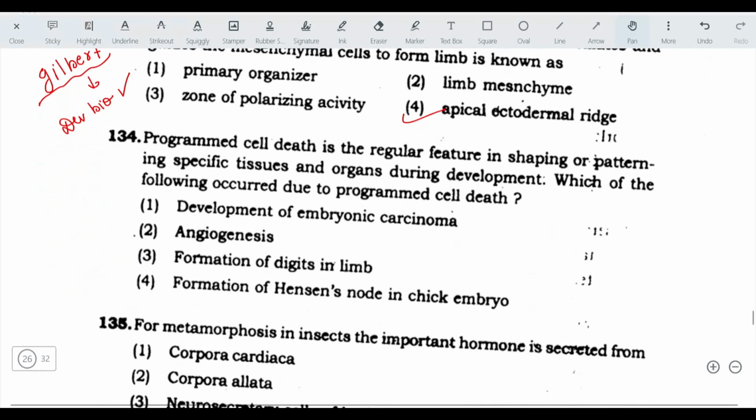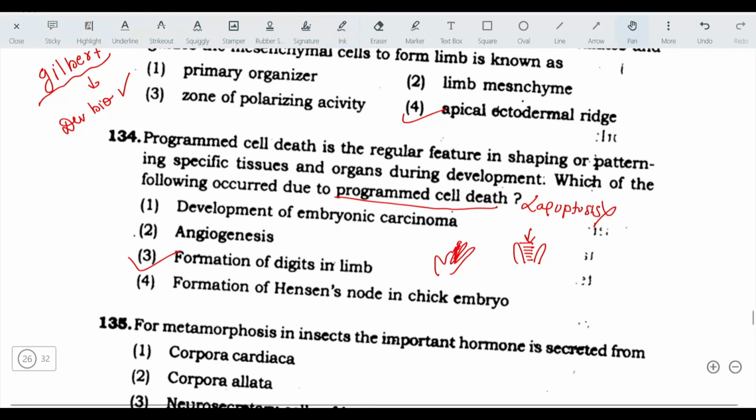Next, programmed cell death is a regular feature in shaping or patterning specific tissues and organs during development. Which of the following occurs by programmed cell death, also known as apoptosis? The answer here is formation of digits in the limb. In the fetus, between digits there are web-like structures, but these undergo programmed cell death and disappear during development of the